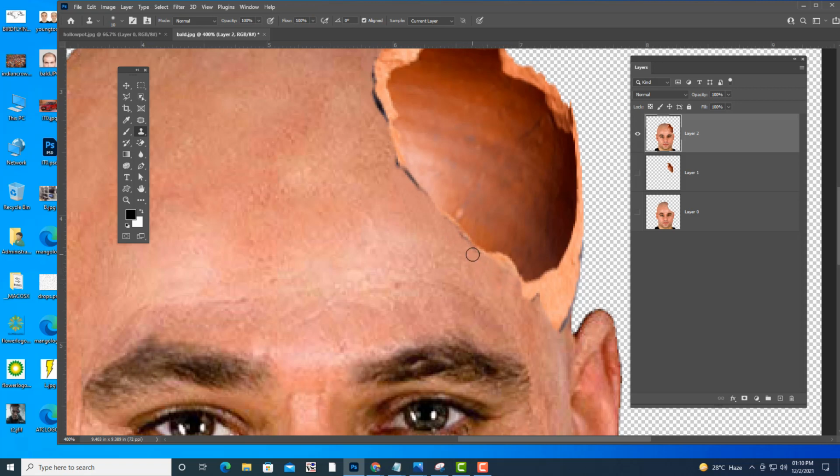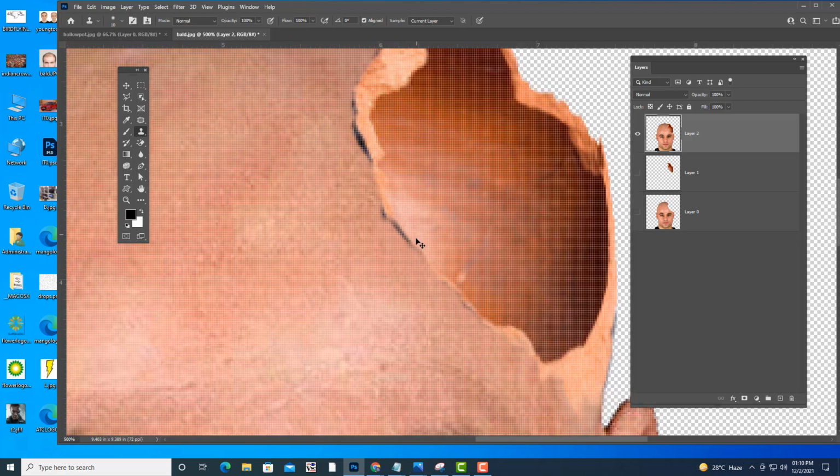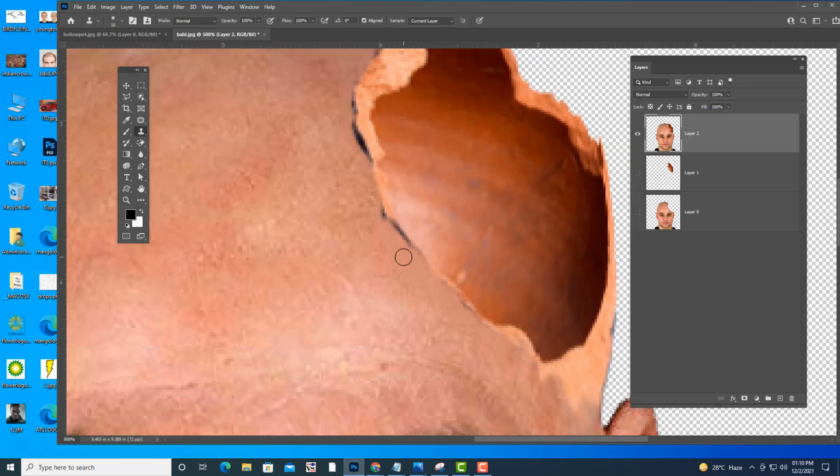Try to remove this unwanted part. You can also use the patch tool here. Everybody remembers now all those cleanup tools.